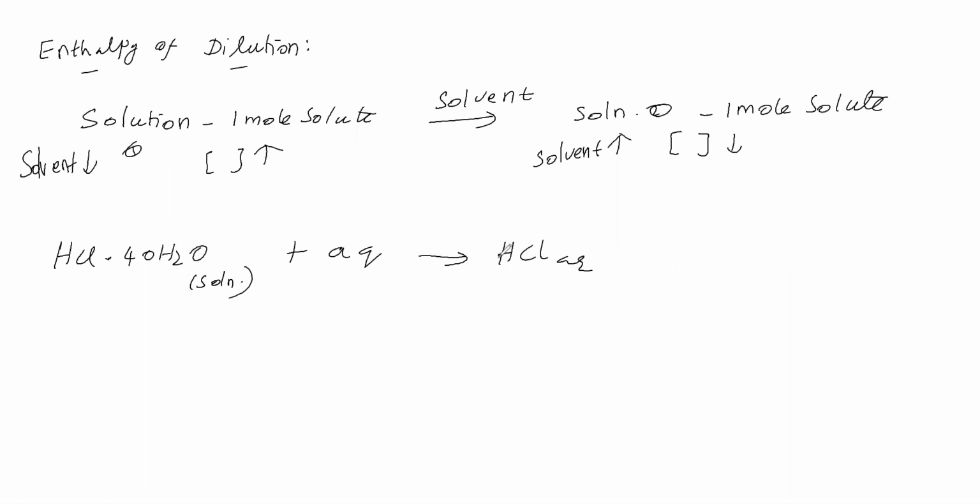Is it a solution? Yes, it is a solution. Solution means we have to mention solute and solvent. Solute is 1 mole here, so here also 1 mole of solute. Solvent quantity we have to mention, isn't it? Instead of mentioning solvent quantity, simply we are writing H2O, what is the meaning? We have to mention how much solvent we are adding. We have to mention it. If we do not mention, then how do we know how much solvent we added? How much quantity of solvent is present here? So we must mention the quantity of solvent here.